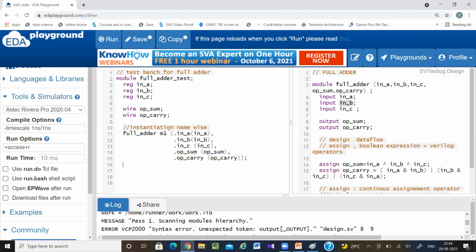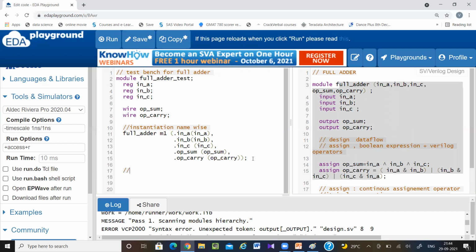Okay, so this name is mandatory. Let's say you are designing a 4-bit full adder. There you have to instantiate this full adder 4 times. So how is the tool going to know how many full adders you are going to instantiate? If you give this dummy name, the tool will understand that this is the original and I am making copies like M1, M2, M3, M4. So remember, this is the original name and this is the instantiation name. Now instantiation is completed.